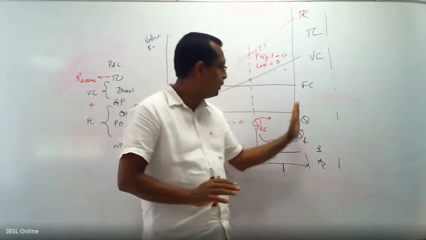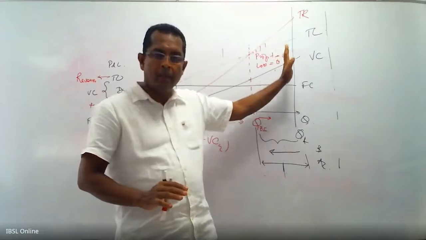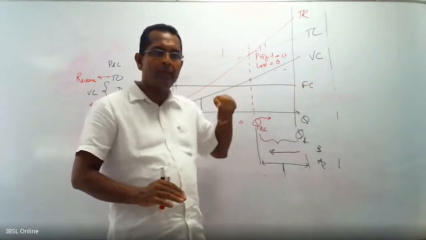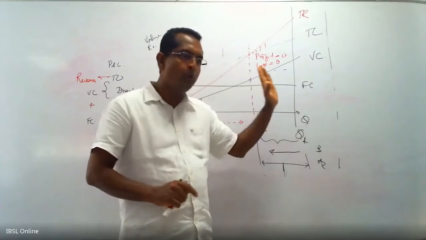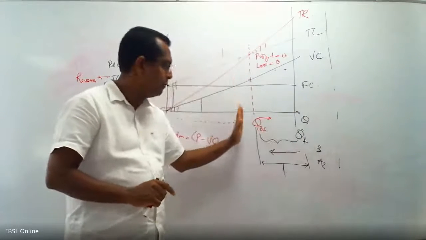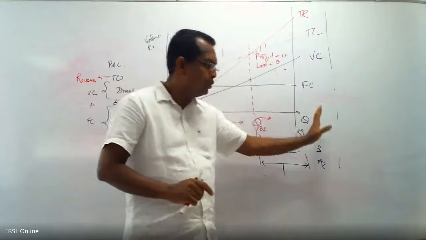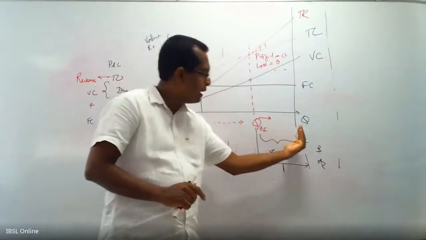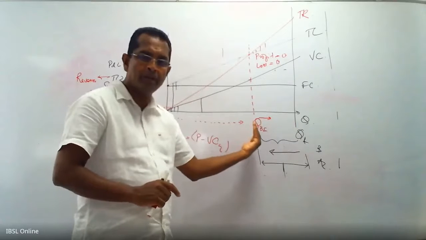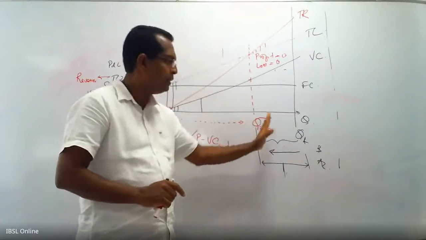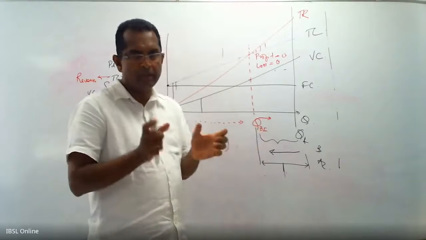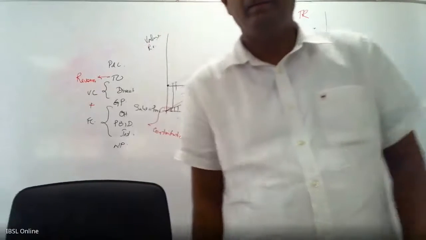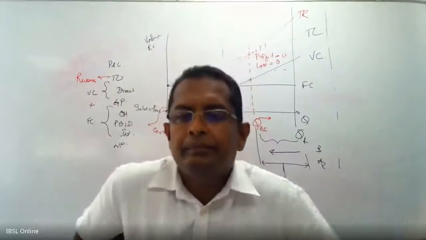Then we went on to speak about margin of safety. That is the difference between actual or budgeted sales and the break-even sales. Actual or budgeted quantity and the break-even quantity, right? You can bring down your sales operations till this point without making a loss. That is the safety, right? Is it clear?